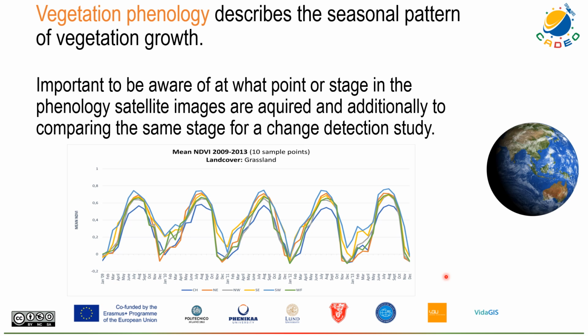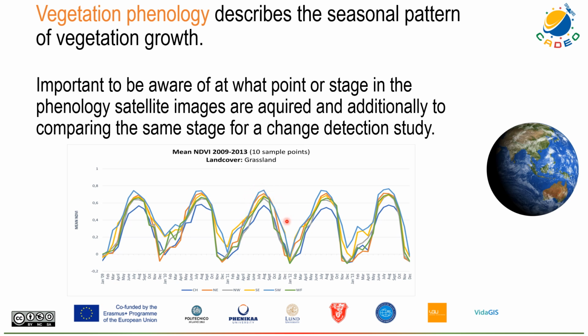At what point in the phenology is the satellite image acquired? When was it taken? Was it taken at the peak here, or was the image taken in the winter period when we have no activity of the vegetation? That is, of course, very important when we try to understand how much vegetation we have in a certain place, that we try to focus on the vegetation peak period when we have as much activity as possible